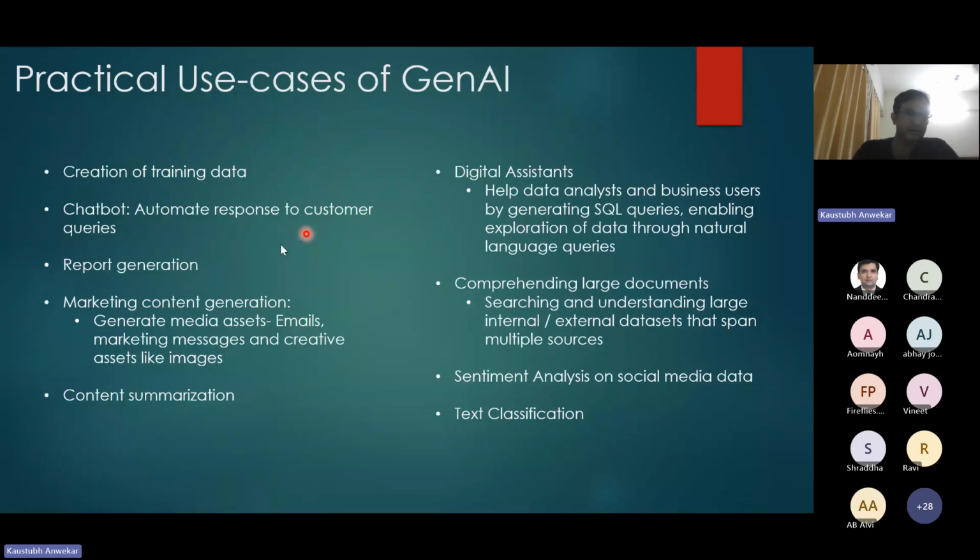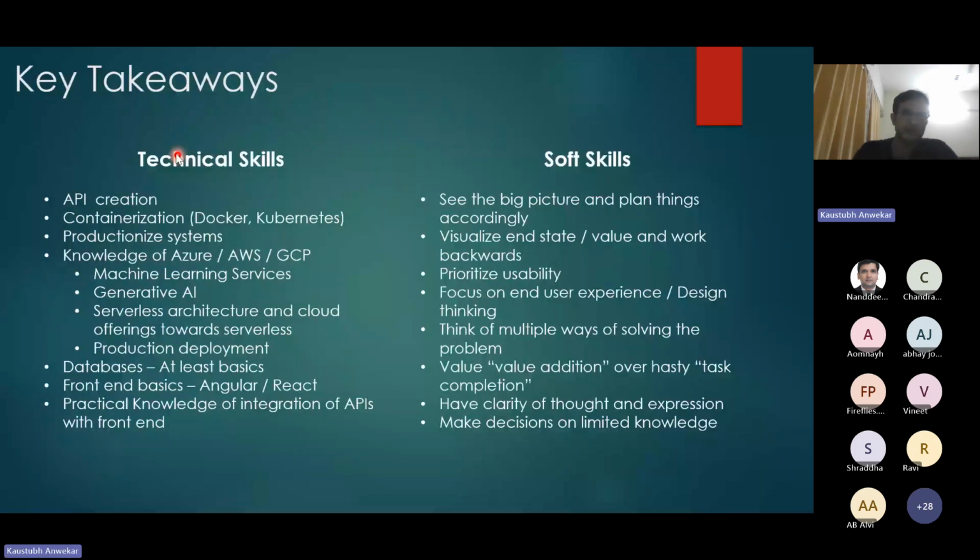response to customer queries, and all that. Report generation, marketing content, as we have seen. So this is where generative AI is generally used. And what all technical skills do we require? Apart from the typical generative AI knowledge, this slide particularly I had included because